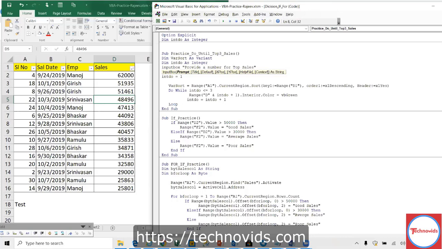Here the user will give 1, 2, 3, 10, whatever it is. I will take this variable.